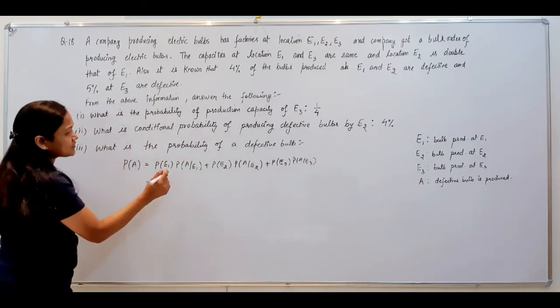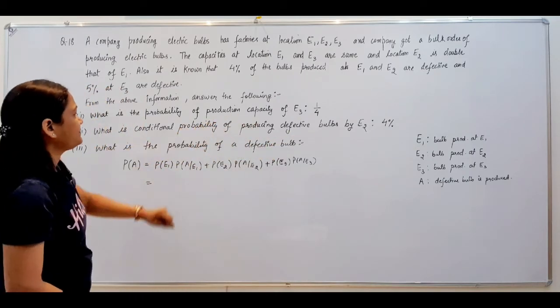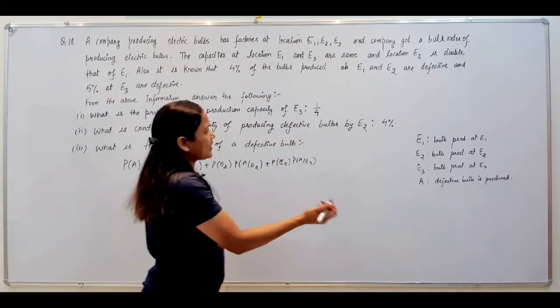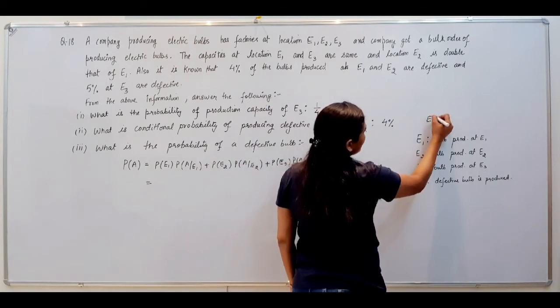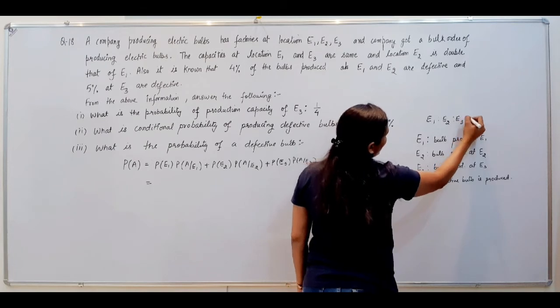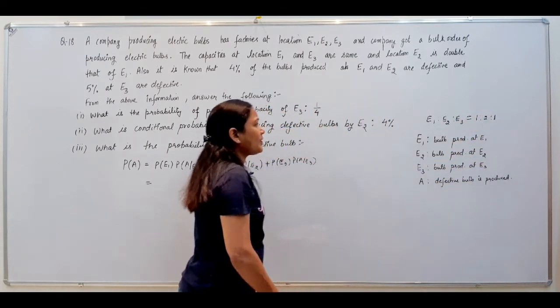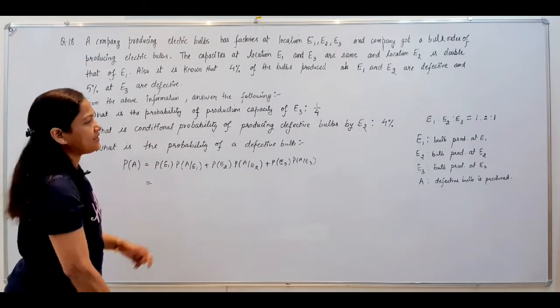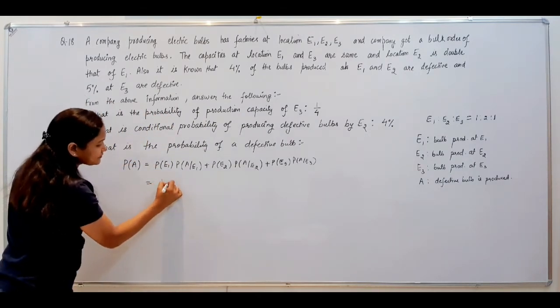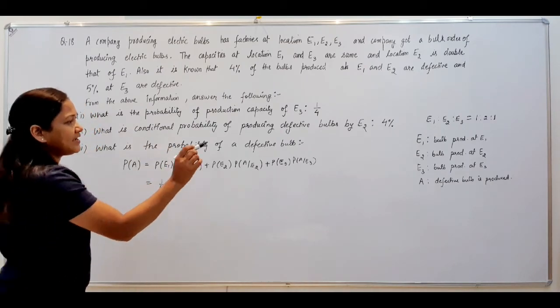Now this will be equal to probability of E1. What is the probability of E1? Your production is in the ratio of E1, E2, E3, which is 1:2:1. So the probability of E1 will be 1 by 4 into probability of A given E1,